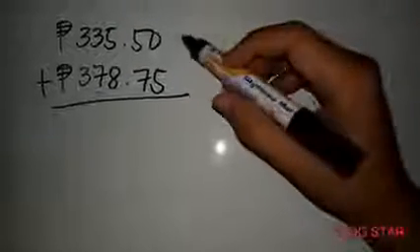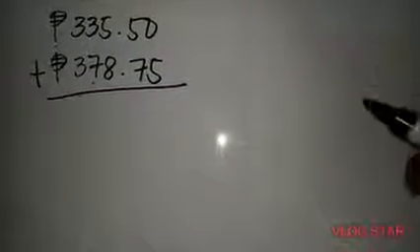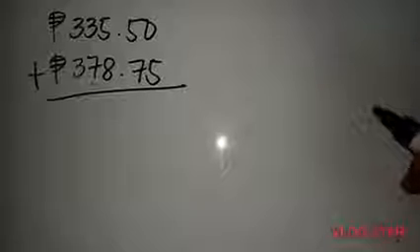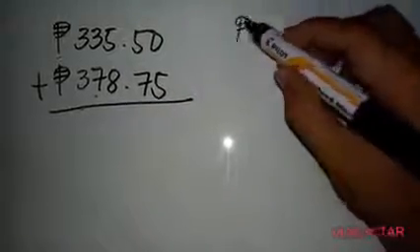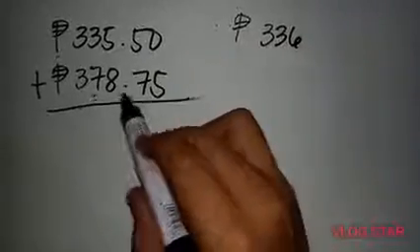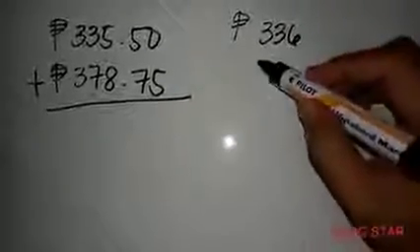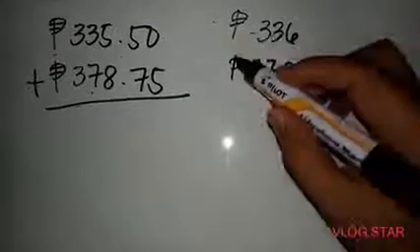So in rounding decimals, one way of doing it, most especially when we talk about pesos, is to round it to the nearest peso. Okay, for example here, 335.50 can be rounded into 336, while 378.75 is 379. So we just round the